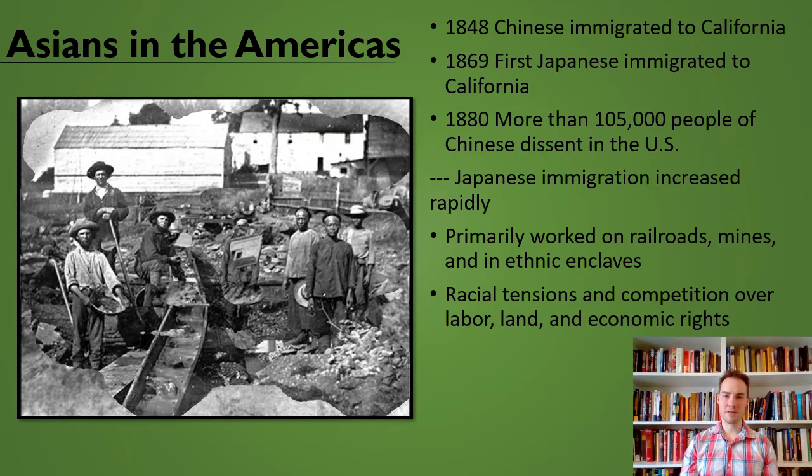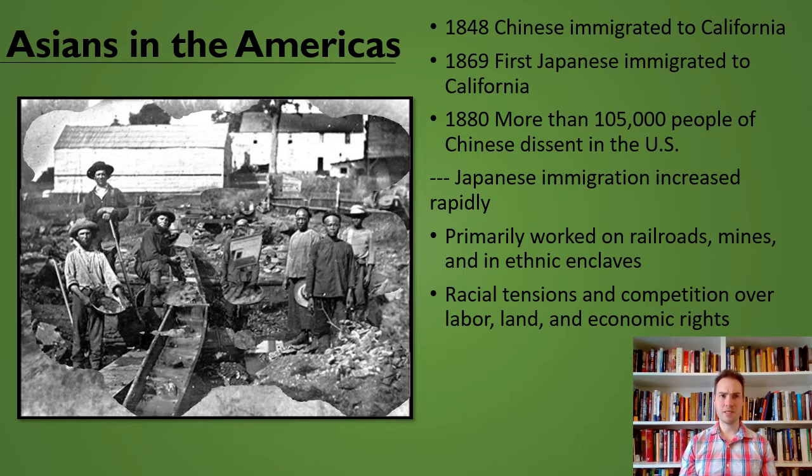In the Americas, you see a different system. The Chinese that come to the Americas and then the Japanese that come to the Americas are primarily free labor. They're not forced to do it. They might be fleeing poverty or overpopulation, but they're making choices about where to go, and some of them are very, very successful, and they remain independent citizens to a certain extent. So by 1848, you have Chinese immigrating to California. About 2 decades later, you start to get Japanese immigrants to California, places like Gold Hill, California, unsurprisingly.